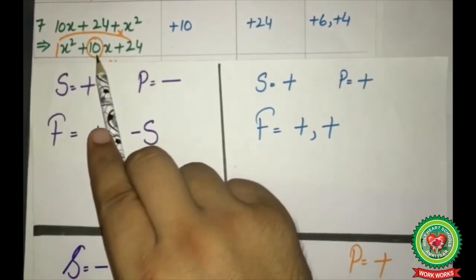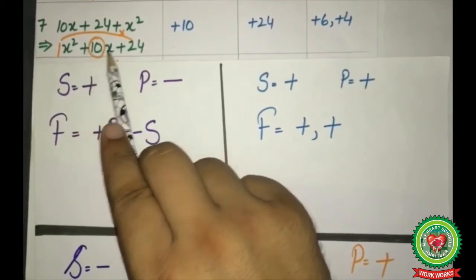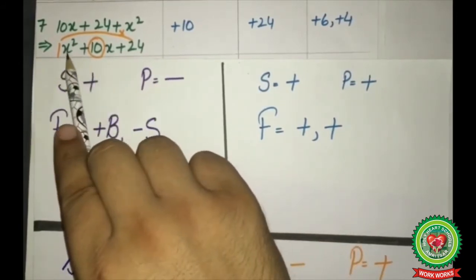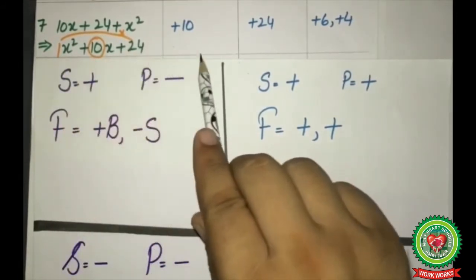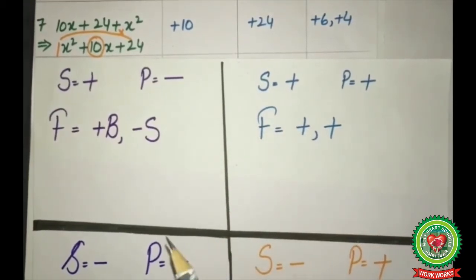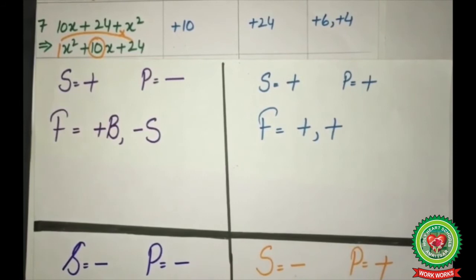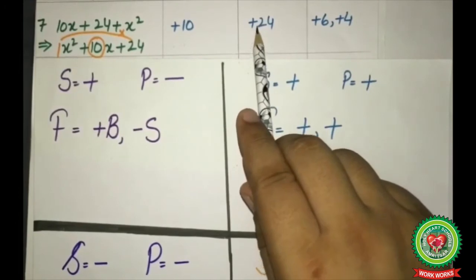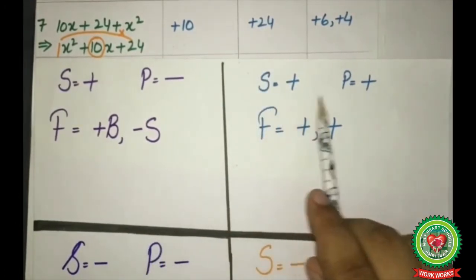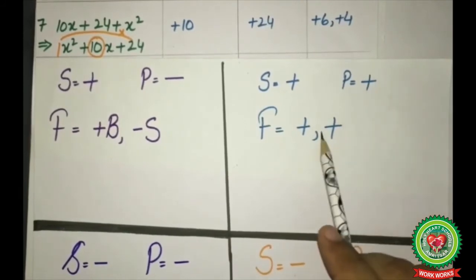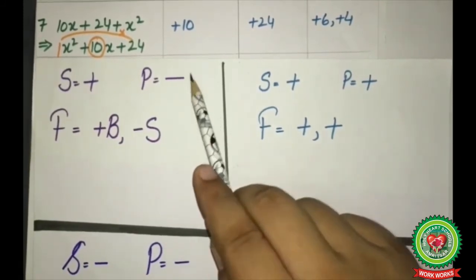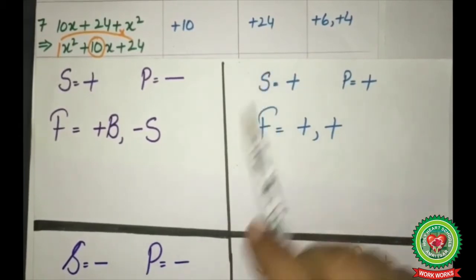Now the coefficient of x is plus 10, so the sum required is plus 10, and the product of the coefficient of x square with the constant term comes out to be plus 24. So therefore the product required is plus 24. Now the sum is with the plus sign and the product is also with the plus sign. So therefore both the factors will be having the same sign, and that will be of plus sign. So therefore the two numbers which will give the sum as 10 and the product as 24 are plus 6